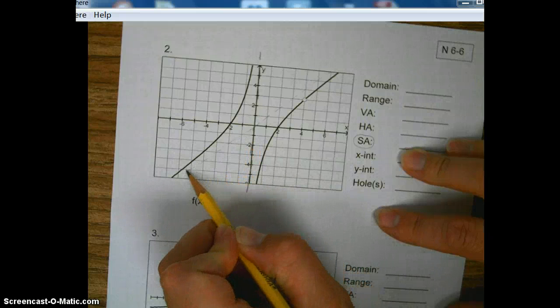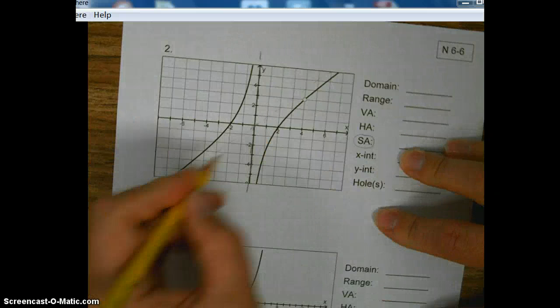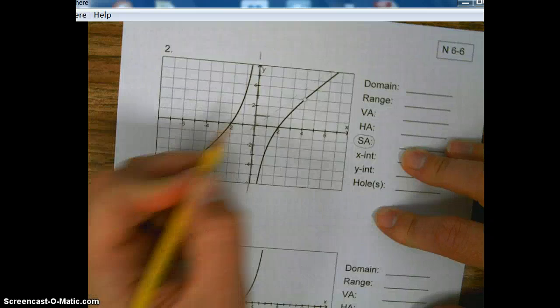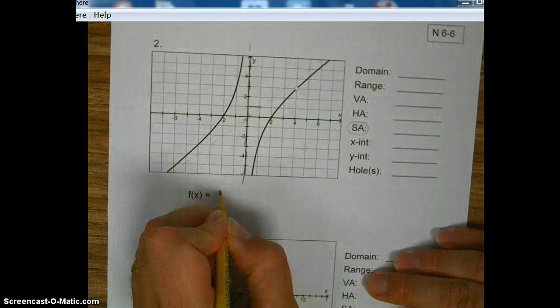It's kind of eyeing it here. It looks like the slope is going to be 1 over 1. So our A value is going to be 1